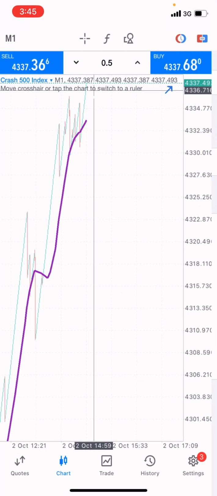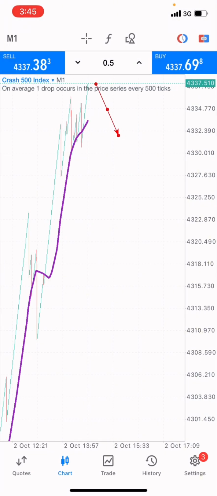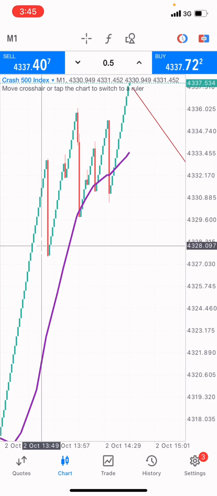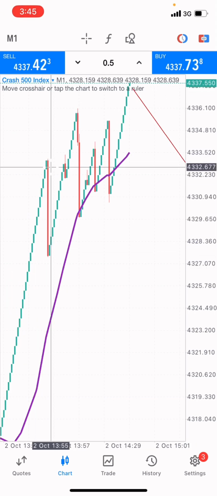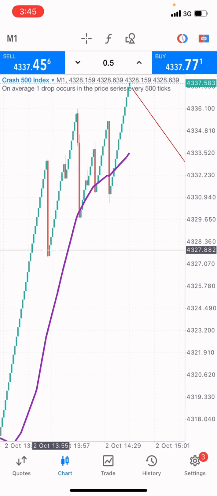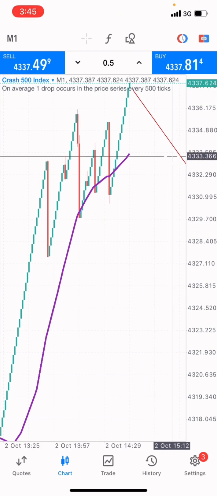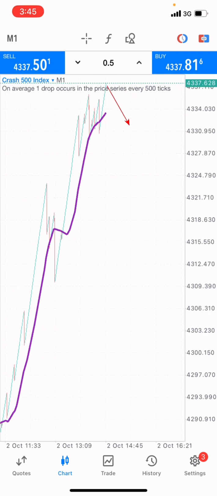So we're expecting now this market to drop at this very point. This market will drop, okay? Because if you take a look at this point right now, the 1 minute, it sold here, it bought here, it sold, it bought, it sold. So you are saying that that's the same pattern. The 1 minute time frame is about to start to follow at that very point. So we're expecting the market to sell.